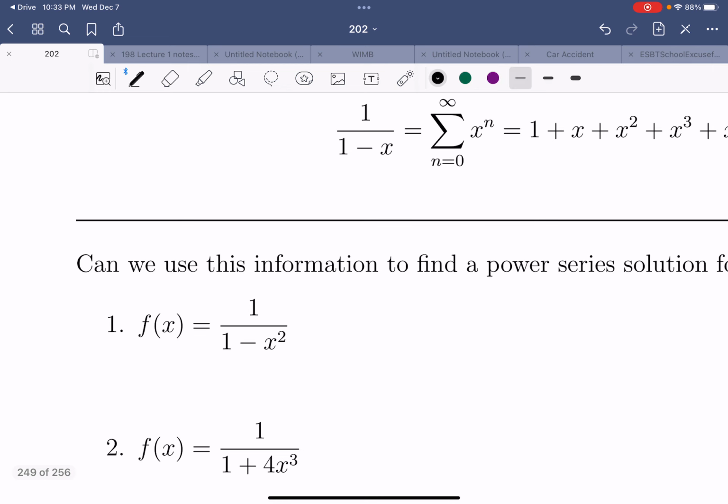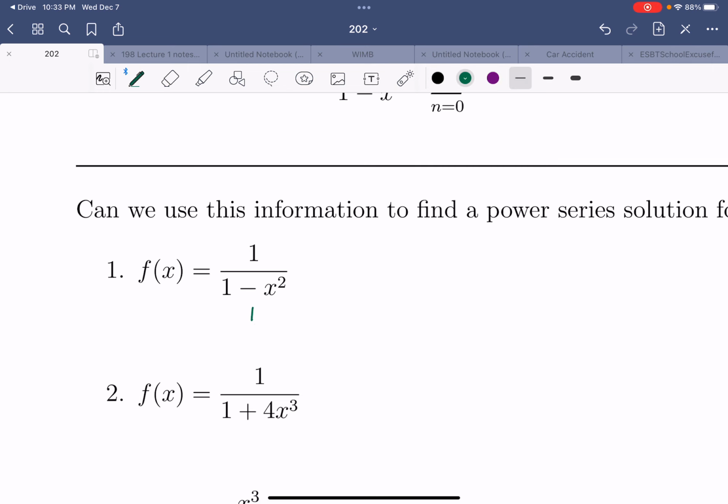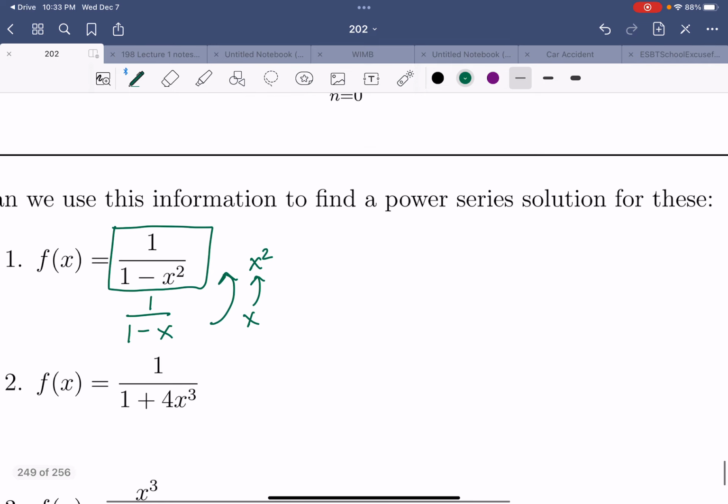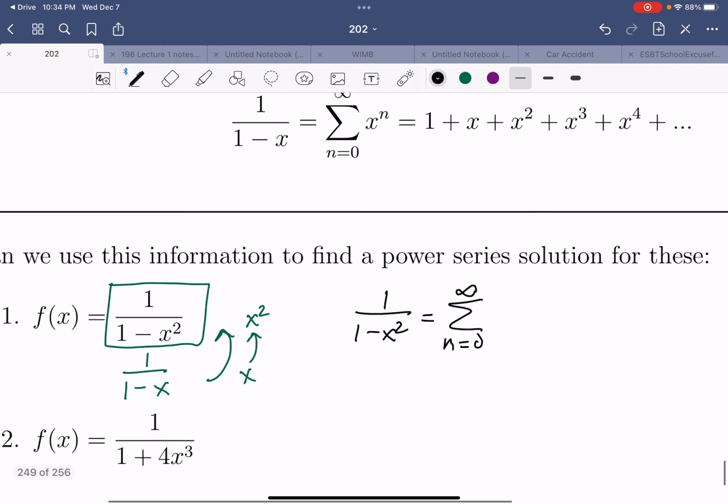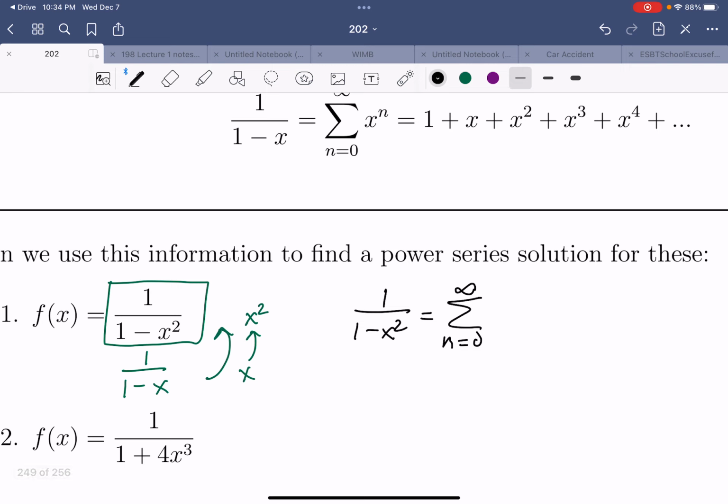We are trying to go from 1 over 1 minus x, because I know that series, to this one right here, 1 over 1 minus x squared. In order to go from here to here, all I'm doing is turning my x into an x squared. So the series that I want here, 1 over 1 minus x squared, is going to be equal to the sum n equals 0 to infinity, and instead of having x to the n, I'm going to replace the x with an x squared. So I'm going to have x squared to the n,